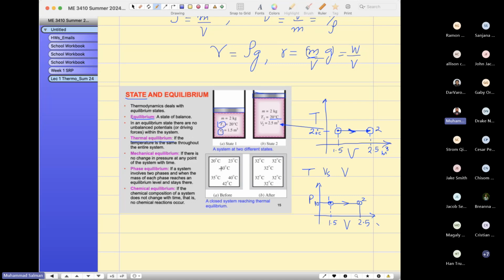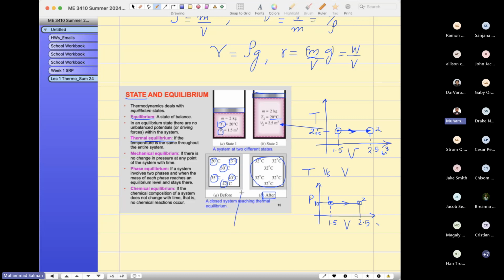And thermal equilibrium: suppose over here the temperature of the fluid is 20, here it is 30, it can happen somewhere. Temperature in certain locations is different, but after some time, temperature everywhere inside the container is uniform. This is known as the thermal equilibrium, and